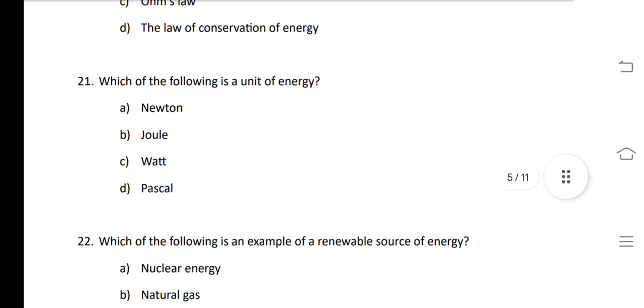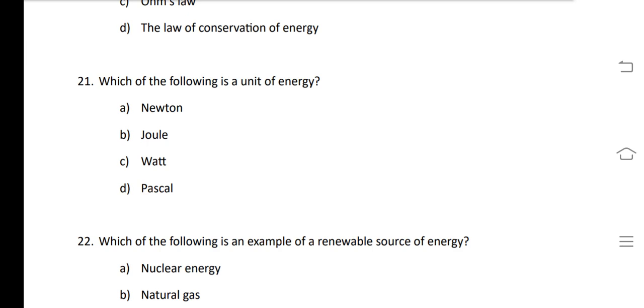Our next question is, which of the following is a unit of energy? Work done and energy are treated as approximately similar quantities because how much energy is available will decide the work done, or work done will be equal to the energy spent. So the SI unit of both quantities is the same, that is